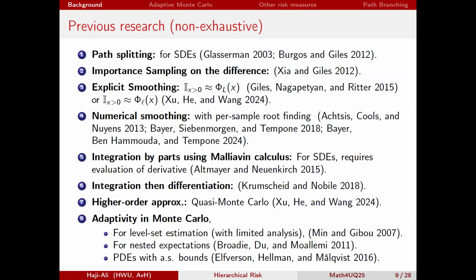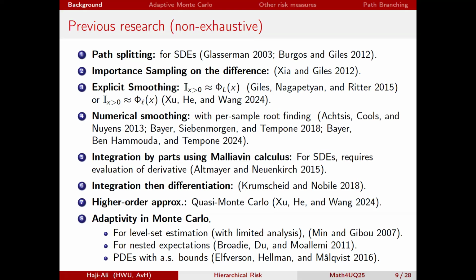Another method is to have importance sampling exactly for the difference so that I concentrate most of my samples around the boundary. So that actually also improves the convergence rate. And this actually has been done by Mike and Shia. It requires a little bit of designing of the importance sampling measure and figuring out what the importance sampling factor is. But it certainly works.